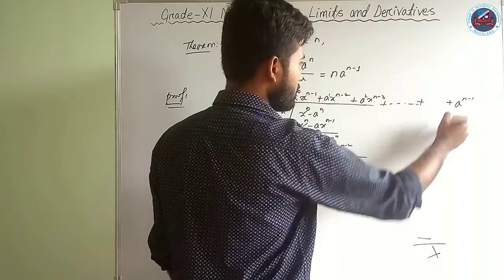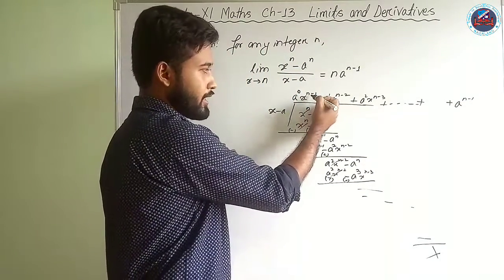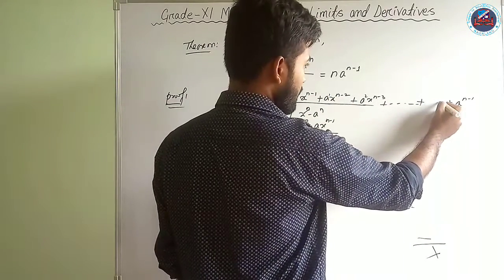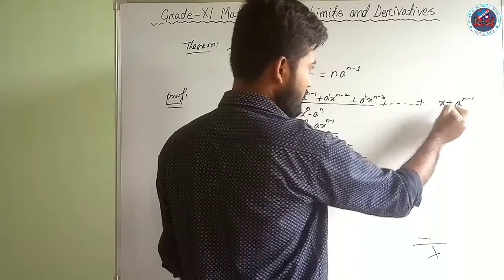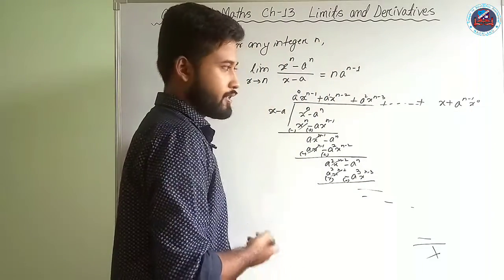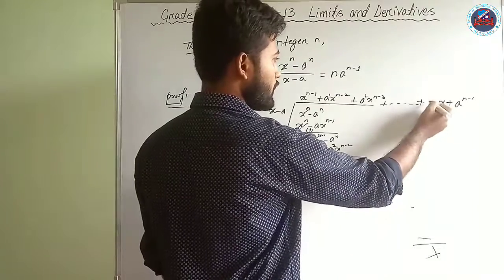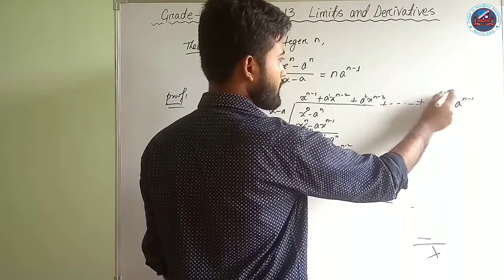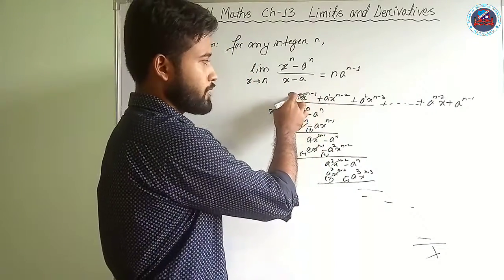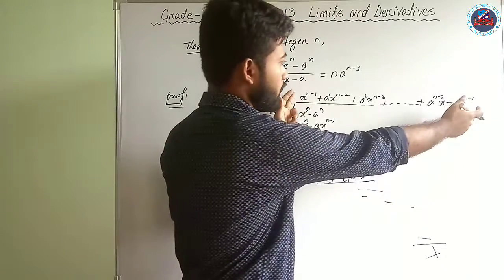So what will be the previous term? Here you see in case of x, the highest power we are having here is n minus 1, next it is decreasing, n minus 2, n minus 3, and going on. So the last it might be only x, that is x to the power 1, and here it is actually x to the power 0. So x is diminishing. So here it is x, so what will be the previous a? Here it will be n minus 2, and gradually it is becoming a to the power 0. So this is the pattern, and using the pattern we can get the total answer here.